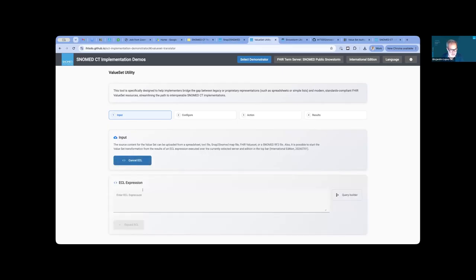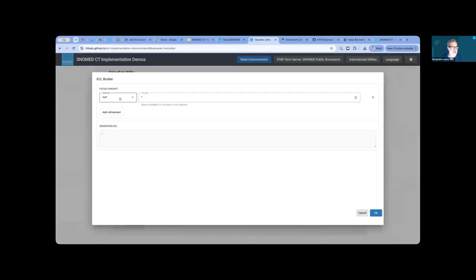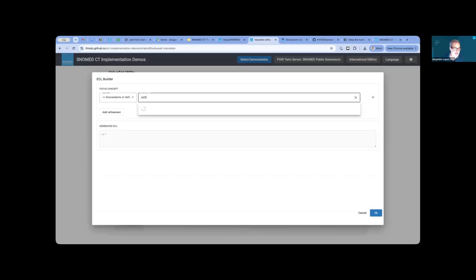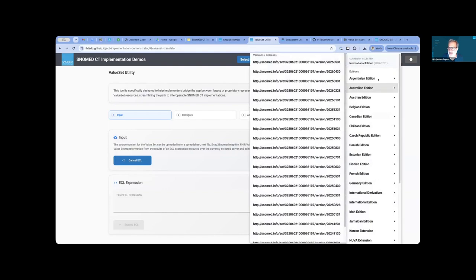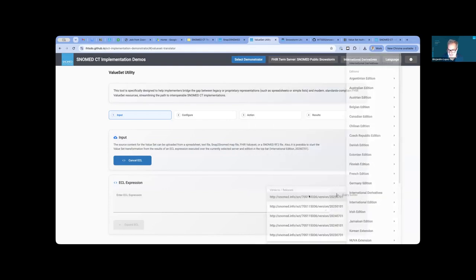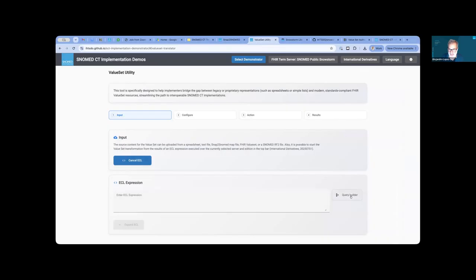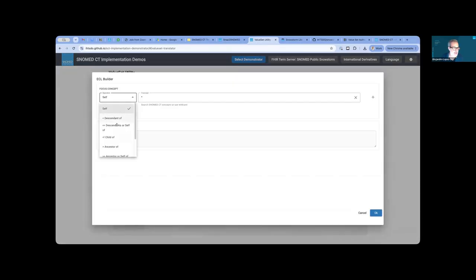Let's do that. If I click on Query Builder, I can say, give me the descendants or self of asthma, for example. Oh, sorry, I need to switch to a different one. Let me switch to international derivatives. This one, because I want to show you something with the IPS. The descendants or self of asthma,